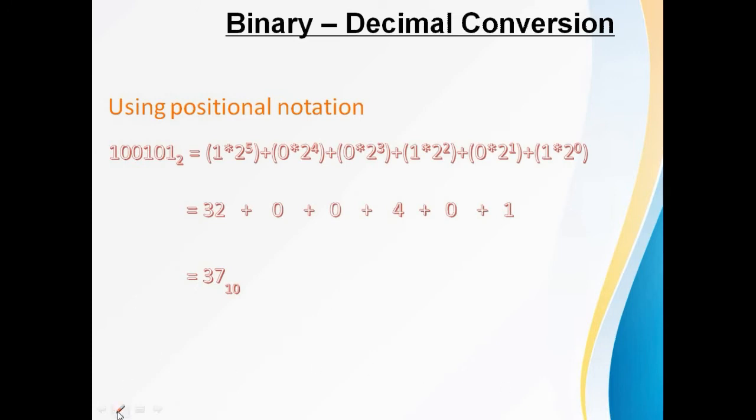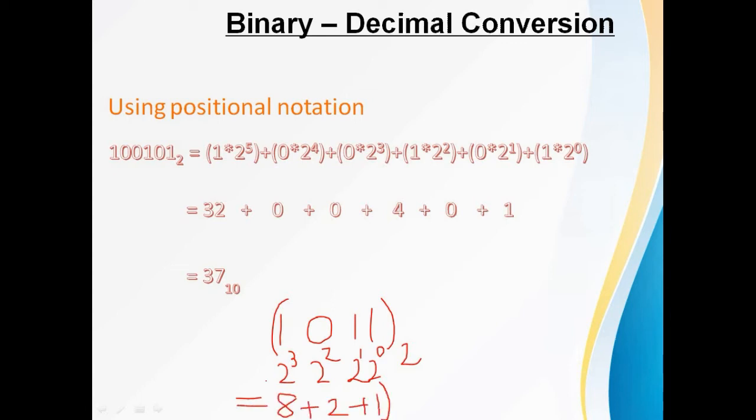In decimal number system we are doing expanded form. Similarly, we have to do in binary number system also. Suppose the data is 1011 base 2, then the first position from the right will be 2 to the power of 0 and second one will be 2 to the power of 1, third one will be 2 to the power of 2 and fourth one will be 2 to the power of 3. These are the place values of 11 base 10.